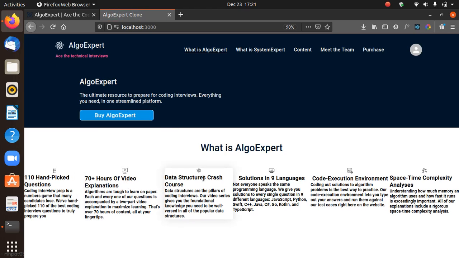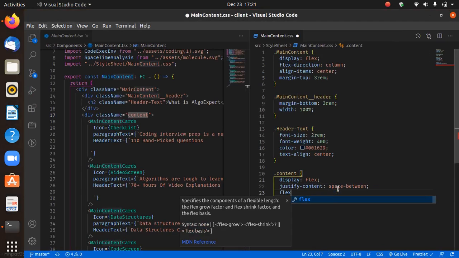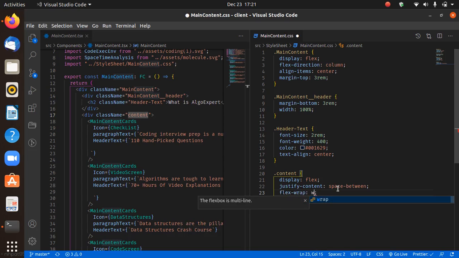So we're taking everything piece by piece, and then we're having something like this, right? So most definitely justify content space between, flex wrap, I want that to wrap,